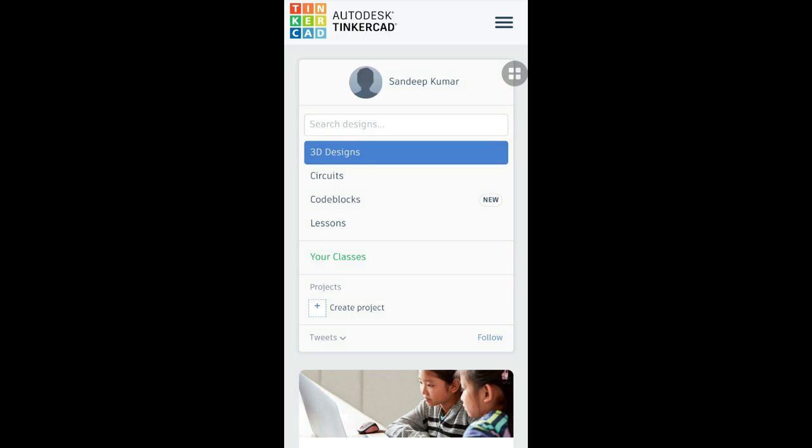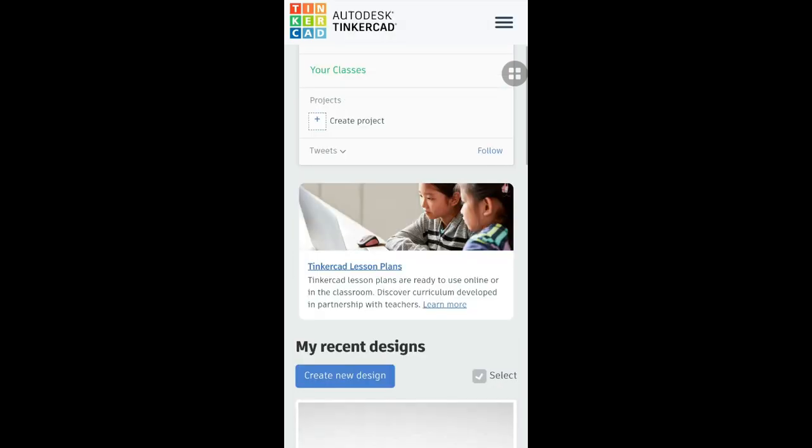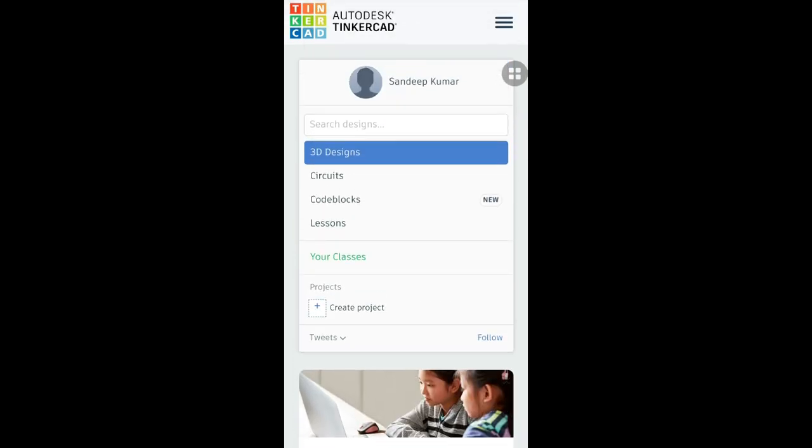Maybe it will ask for the password if you are doing it the first time, and the same type of screen will appear in mobile also, where you have to click on continue after checking the accept terms and conditions checkbox. That will be available in that window only, and this is your main window of Tinkercad. Here you can create your designs, your circuits, and we can create our code blocks also. How we can create and use these, I am going to explain in the next video.